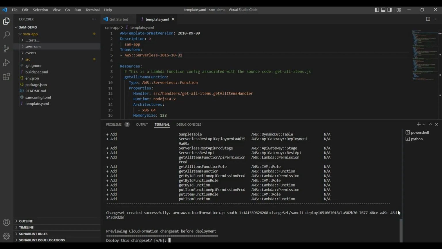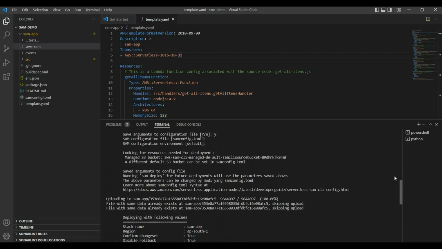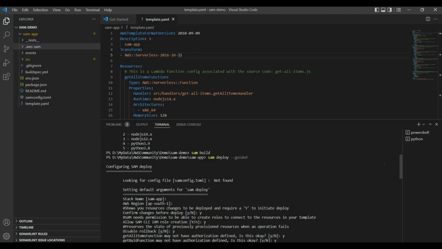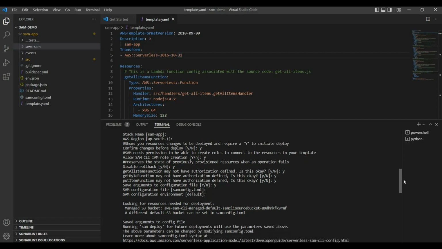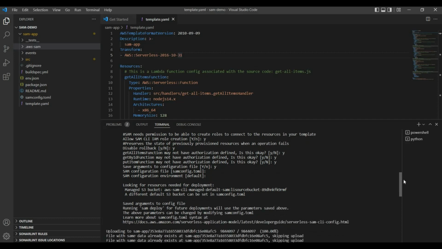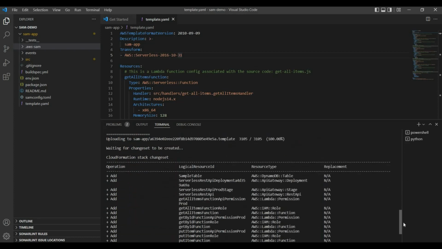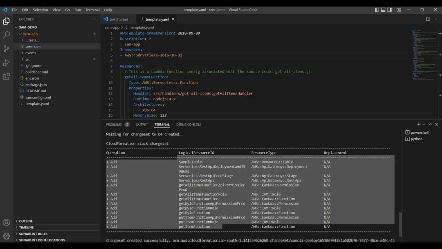So it is showing here what kind of resources we are creating. When we do SAM deploy guided, it will ask us a couple of questions like stack and region, and all these questions will be saved as a default configuration. So next time when we do SAM deploy without guided, it will use that. And it is also confirming here because we gave yes, it is going to create this